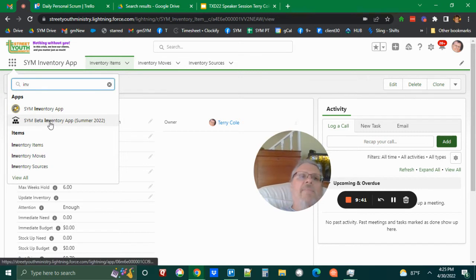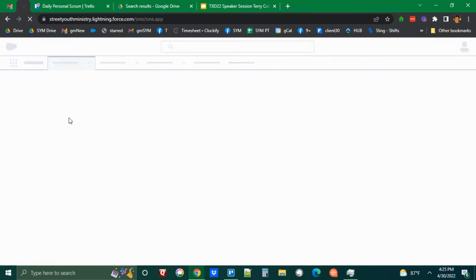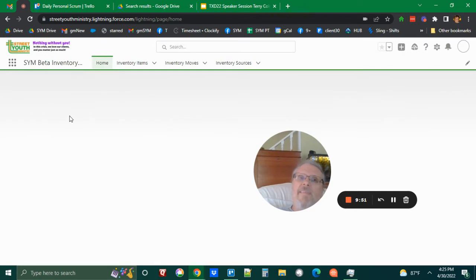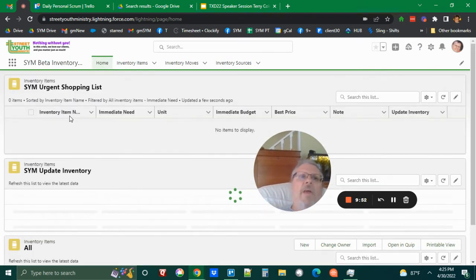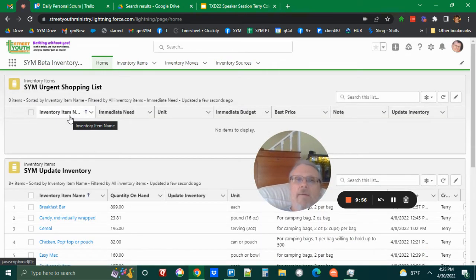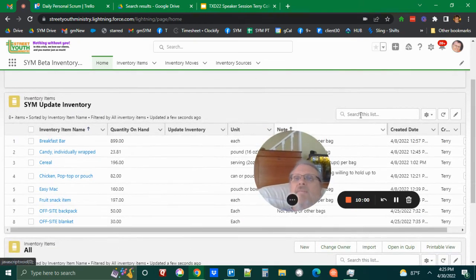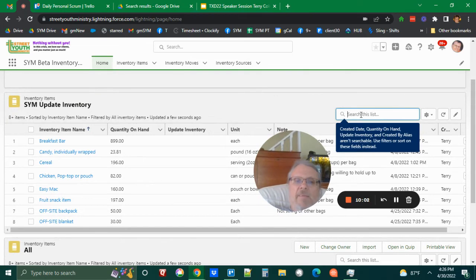And so we built an inventory beta app, same exact data model, just different pages. And let me show you what it looks like. One of the first things we did is we made a homepage specific to this app. And so the urgent shopping list is shown to everyone when they switch to this app, and it's 0. And if you're wanting to quickly update the inventory of something,